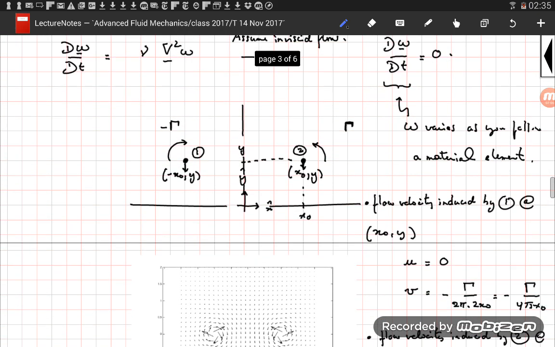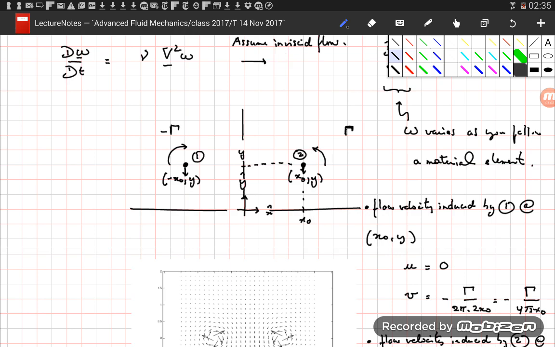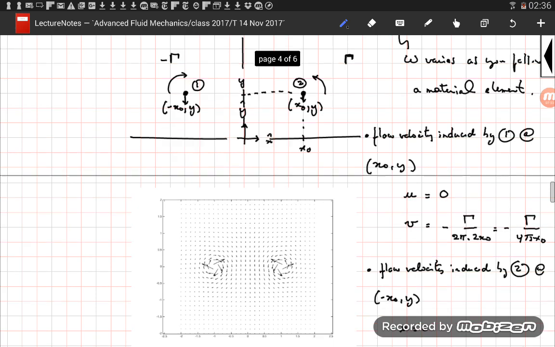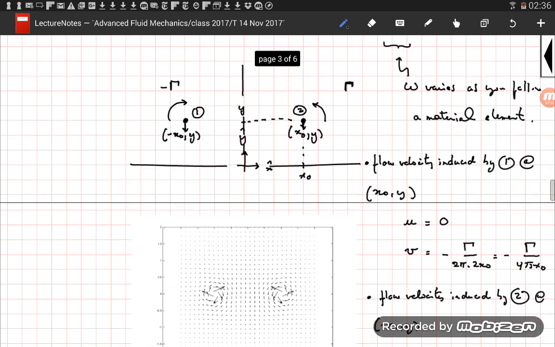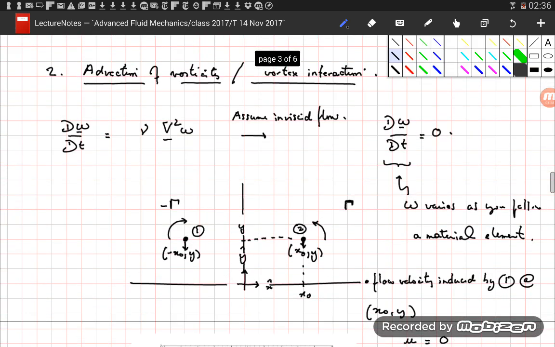So essentially what will happen to this pair of vortices, each vortex is going to be advected by the velocity induced by the other vortex, and actually both will move downwards. So they move in the negative y direction with the same velocity. So the pair is just going to move in parallel in the downwards direction. So this is essentially the advection of vorticity if we neglect